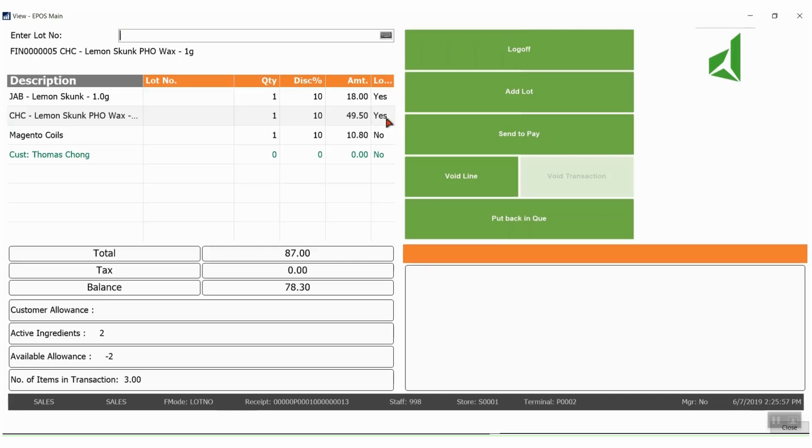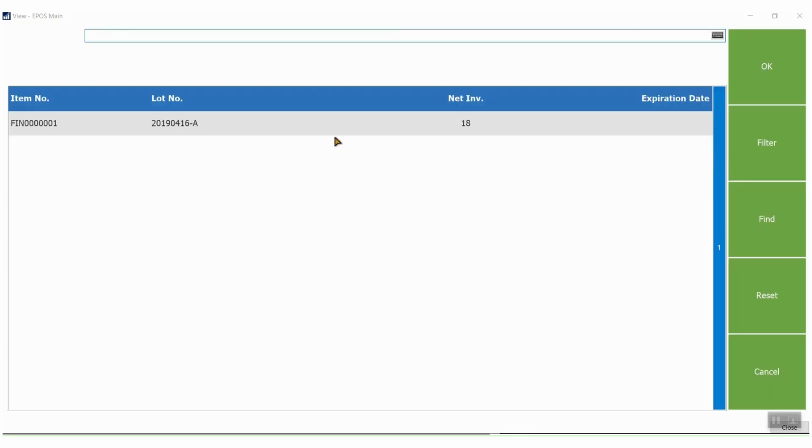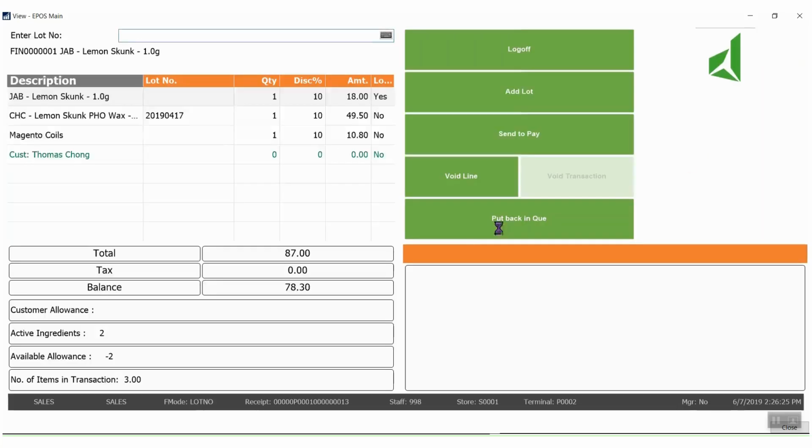And in a second you can see that it no longer needs a lot number, and the only other item left here is the 1 gram. I think I may have done that backwards, but this is the 1 gram. This says it does still need a lot number, so we're going to go ahead and add a lot number. I'm going to highlight, select OK, and now everything here that needed a lot number has